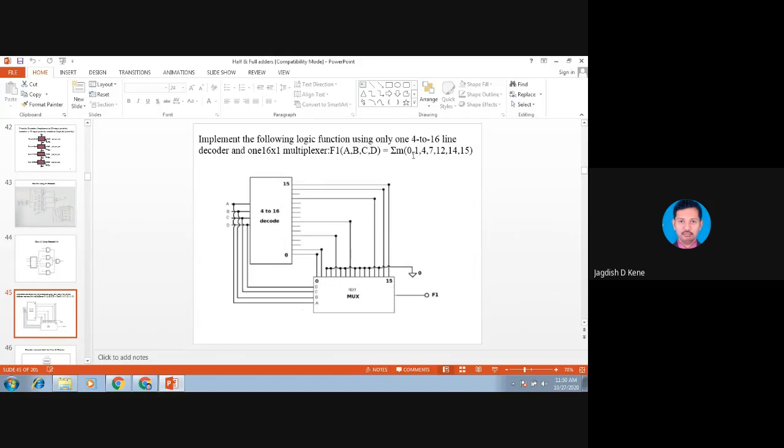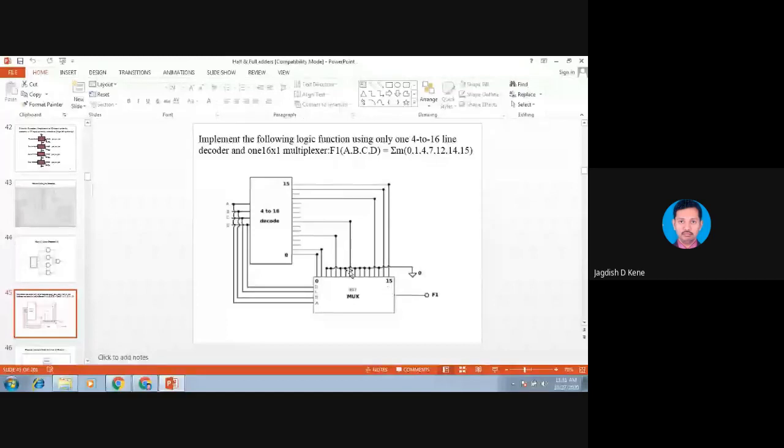You connect these outputs Y0 to Y15 to the input ports of this multiplexer, which are also 16. So you directly connect: 0 is connected to I0, 1 is connected to I1, 4 is connected to I4, 7 is connected to I7, likewise up to I15, and the remaining are grounded.